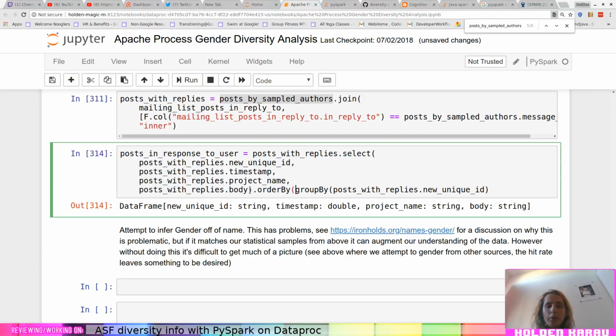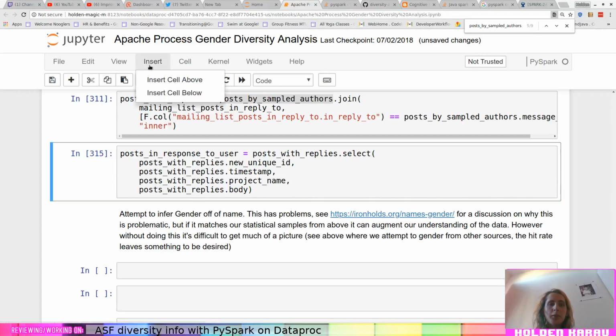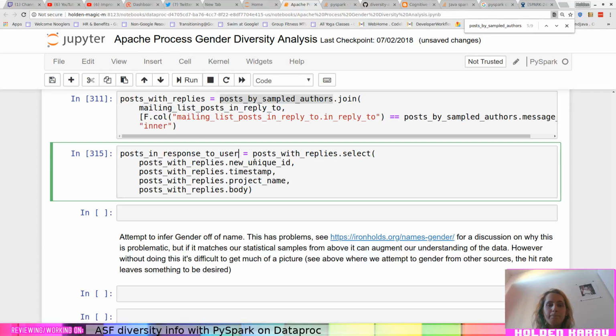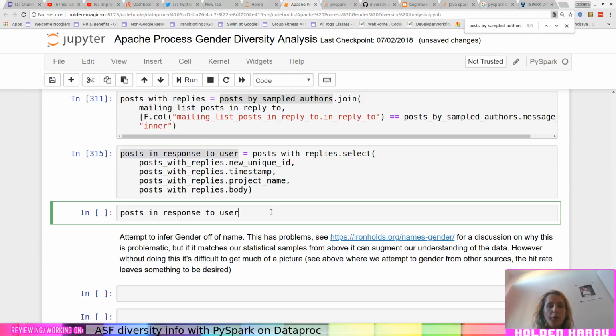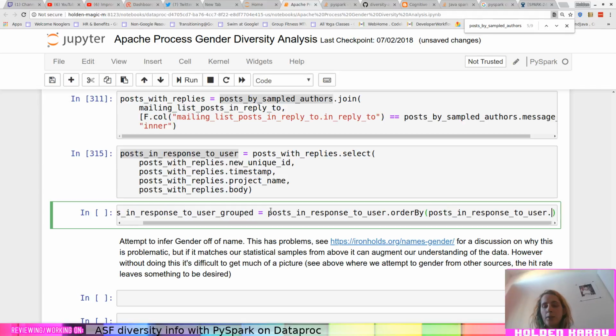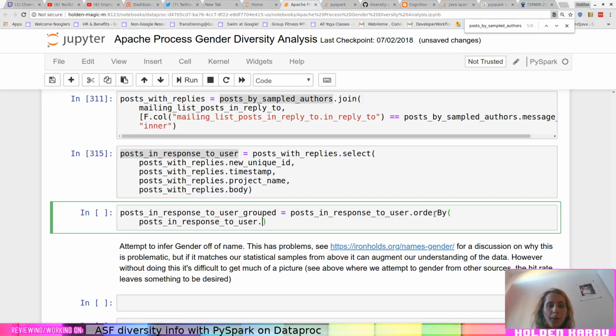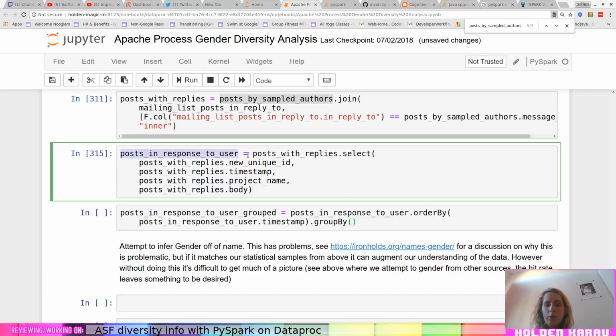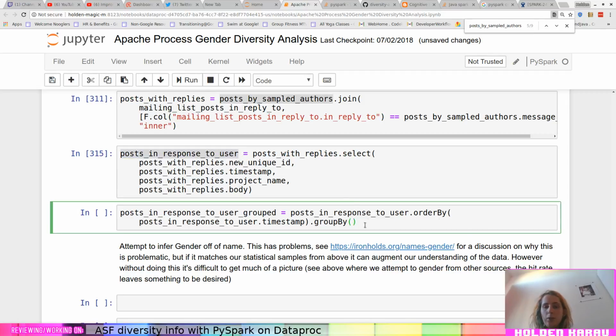Okay, actually, no. Let's go ahead and make this separate. Okay, insert cell below. Posts in response to user grouped, order by timestamp, group by unique ID.